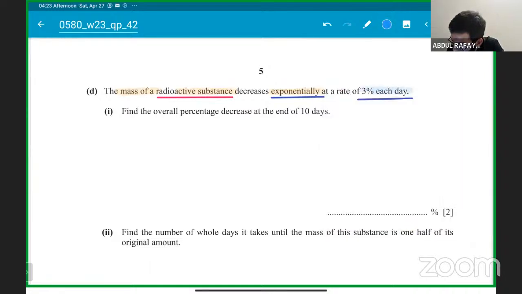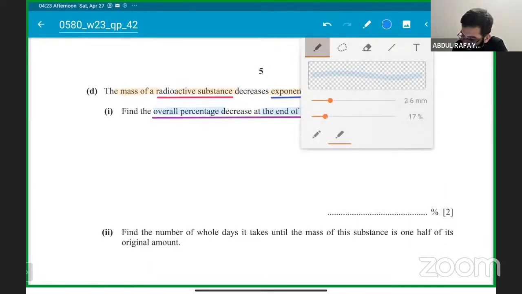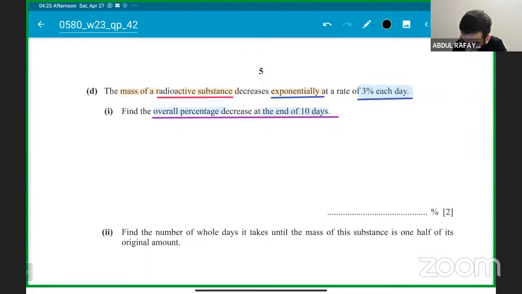सो दिस इज डिक्रीजिंग बाय 3% ईच डे एवरी डे। I have to find out overall percentage decrease at the end of 10 days. So students, I have to find the overall percentage at the end of the 10 days. So what I'm going to do, follow carefully. Basically, I will imagine कि पहले जो मास था ऑन डे वन, 1 मास था, ठीक है, लेट से 1 ग्राम था, जो भी था ऑन डे वन, द मास वाज 1 ग्राम।